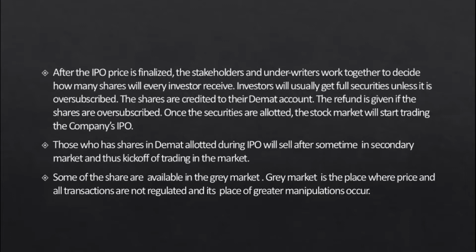Once we are allotted the shares, such shares are stored in our demat account. Once it is issued, it will take 2 working days to show in our demat account, because it takes the trading day plus 2 other trading days to reflect. Once everything is done, meaning we have the shares in the demat account and the subscription is completed, the company will list in the stock market. And once listed, it is known as the secondary market.